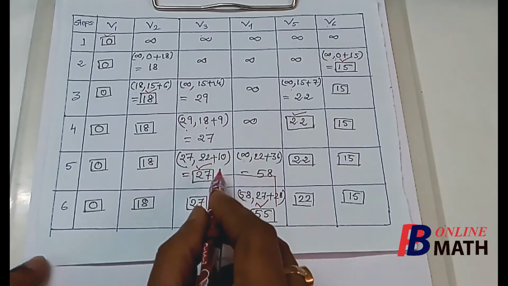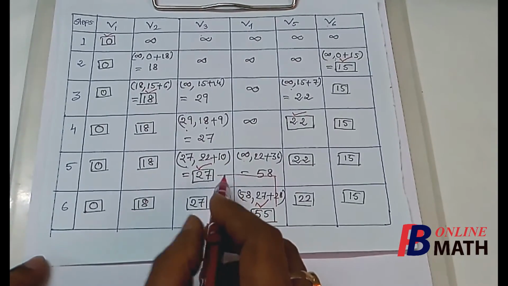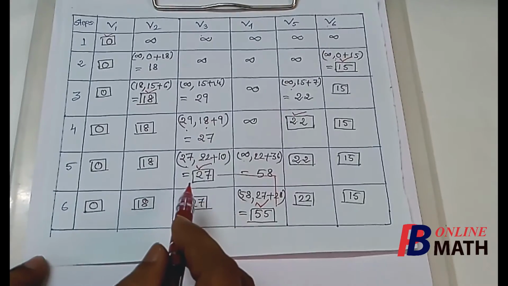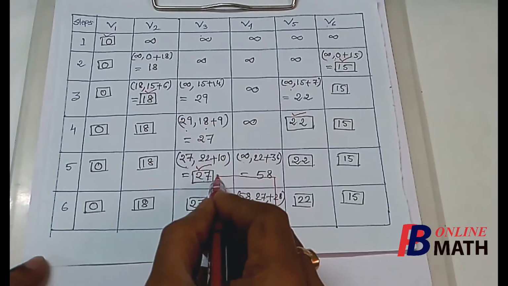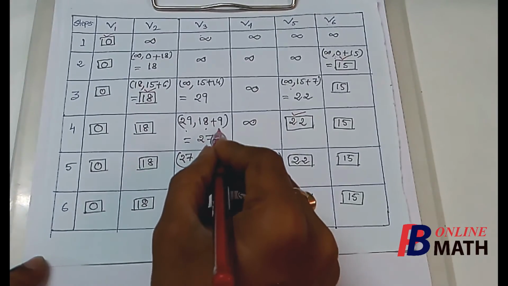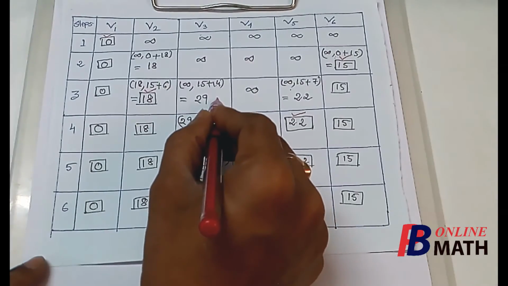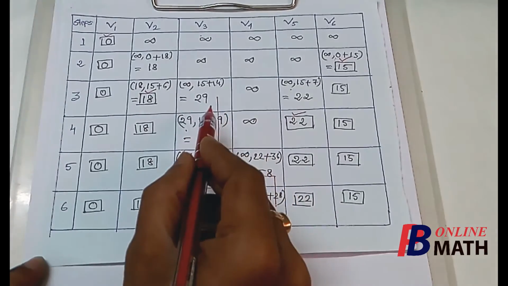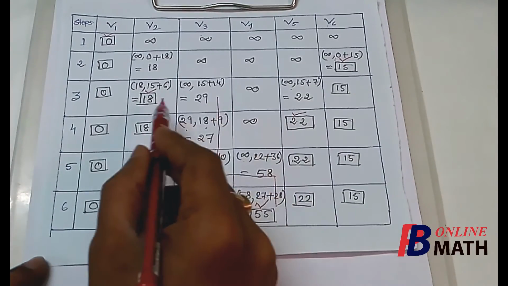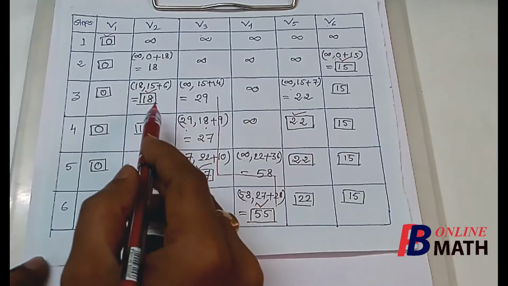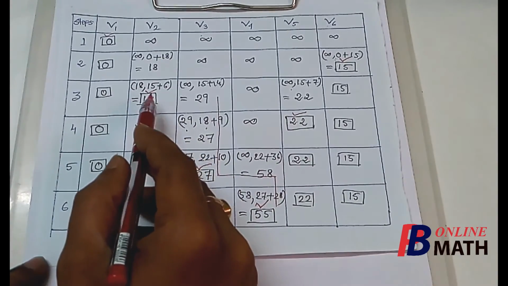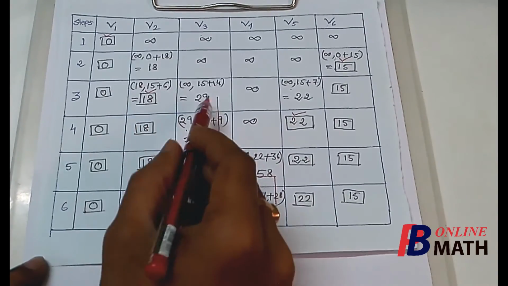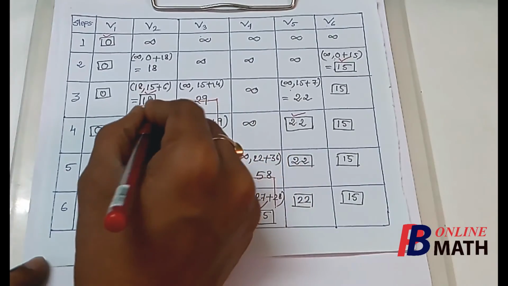Again we stop here. Next we have to move vertically upward until there is any change. So we move vertically upward, so it is 27, 27. Now there is a change, 29. So we stop here. Next we have to find the latest permanent level of this step. Here we find that this 18 is the latest permanent level of this step. So we move from this 29 to 18.